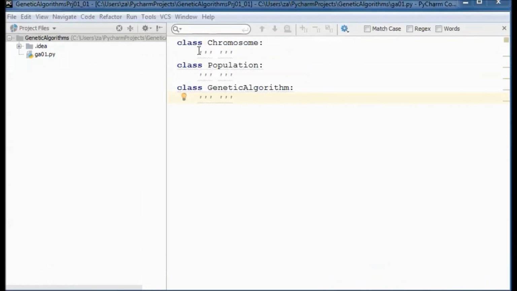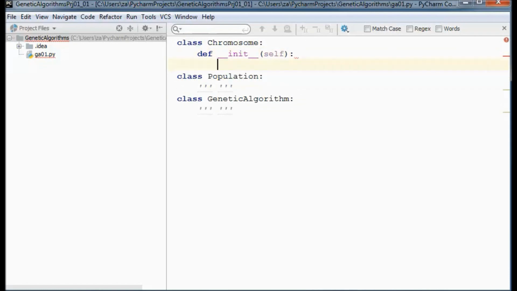Now let me define this constructor in the chromosome class, and a position in this chromosome will be called a gene.